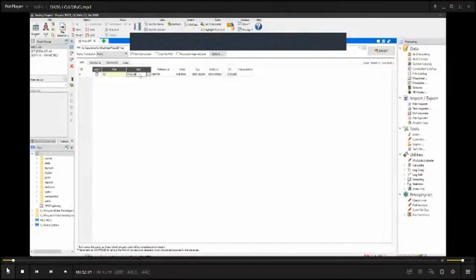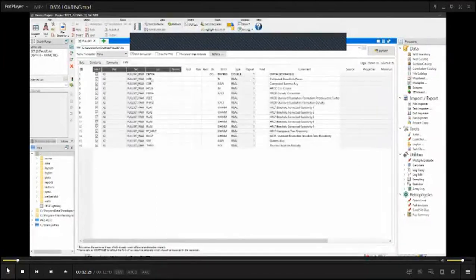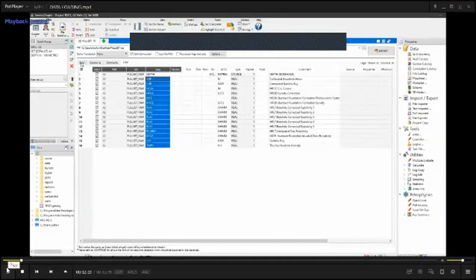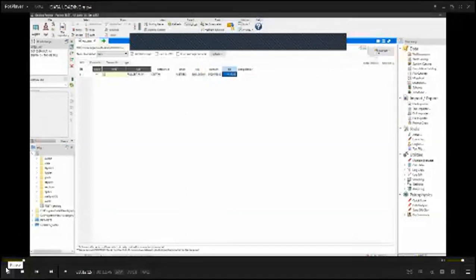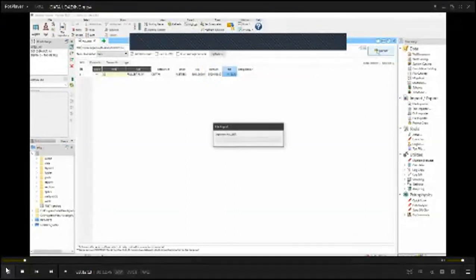It's easy: drag and drop the files into the project page. Before the loading process, it's possible for the user to change the destination set of the loaded file. Also, you can check the content of the loading file.